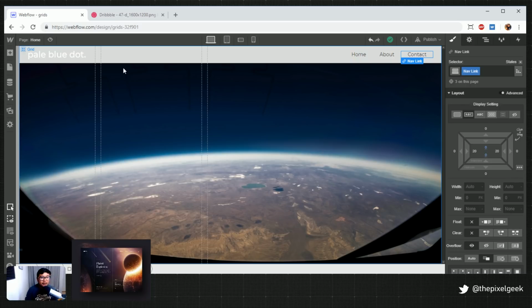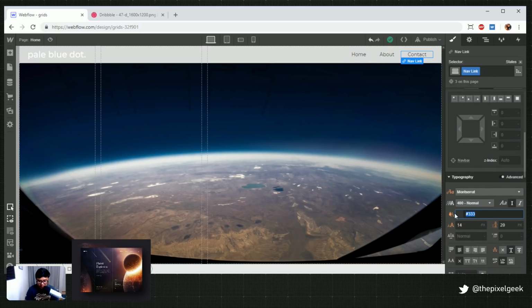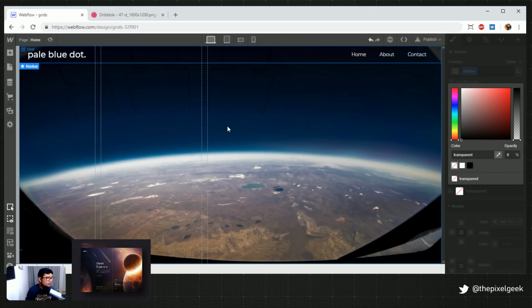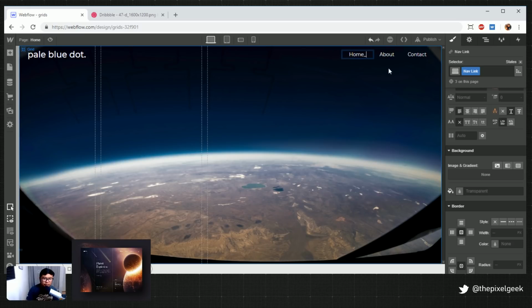Cool. All right. So these nav links, let's go ahead and make them white, and also the background of this nav bar should be transparent. Okay, so we're there. We're good. Oh, and they have a nice little underscore for cool points. I guess I'll do that. Boom. Is that cool?